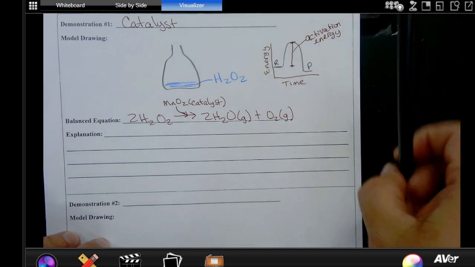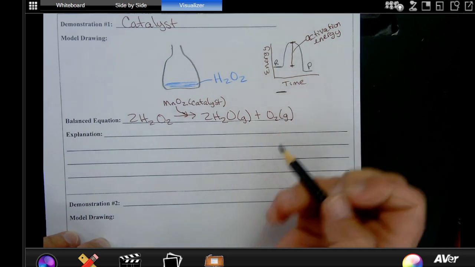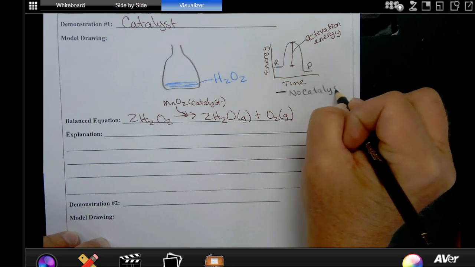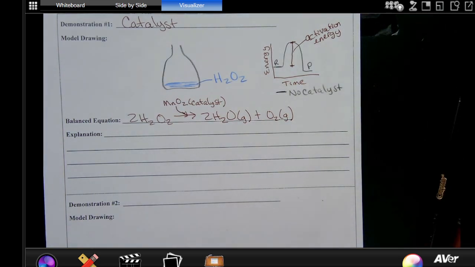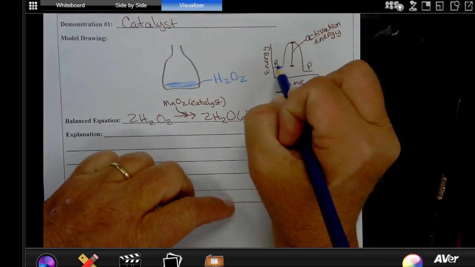And I'm going to label this line just down here. I'm going to say this color is no catalyst. Okay. So that's how much reaction energy or activation energy I need without a catalyst. But when I added my manganese dioxide, we're still starting at the same